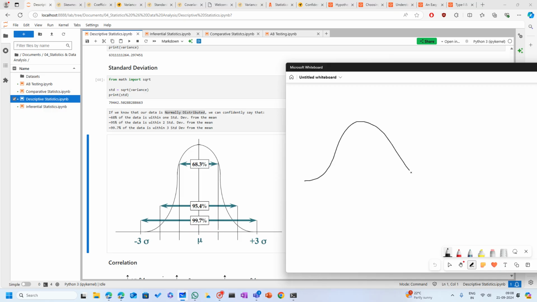So if this is your bell curve, this is your mean, this is one standard deviation, two standard deviations, and three standard deviations somewhere here, just for the sake of understanding. If someone highlights this plot somewhere here, so this area is shaded, the question is, what percentage of users fall into this bucket? The answer is, you should know, it will be